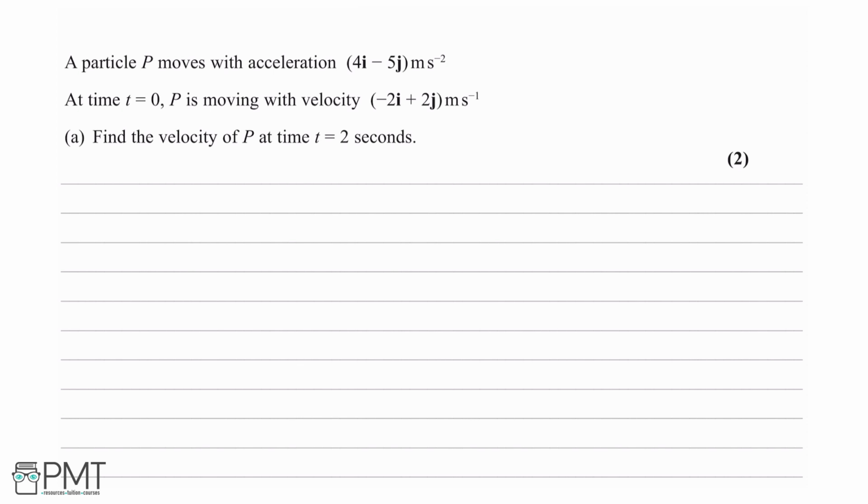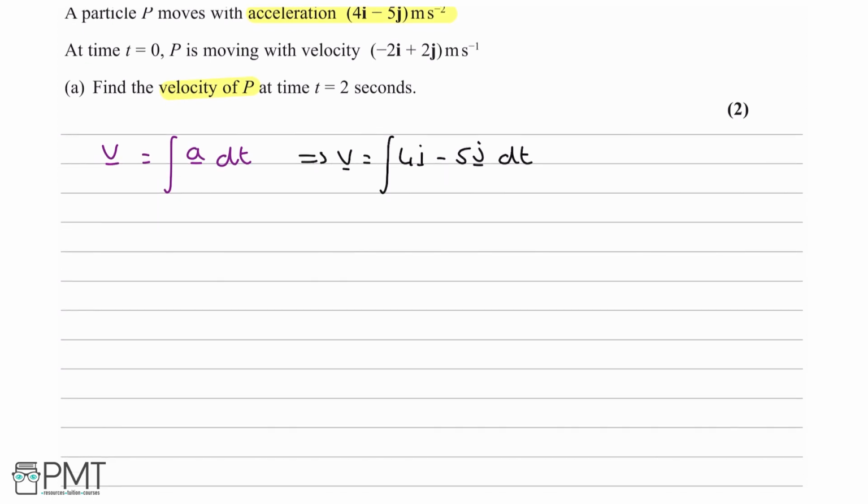Because we're given the acceleration and we have been asked to find the velocity, what we need to do is integrate our acceleration with respect to time to get our velocity. So the velocity equals the integral of our acceleration with respect to time. What this means is that v, underlined, equals the integral of 4i minus 5j with respect to time. We then get that 4i with respect to time is 4ti,